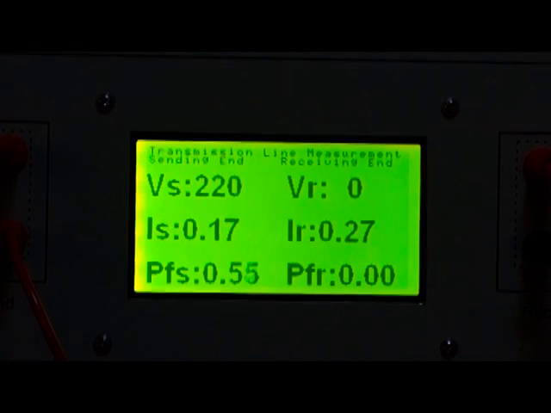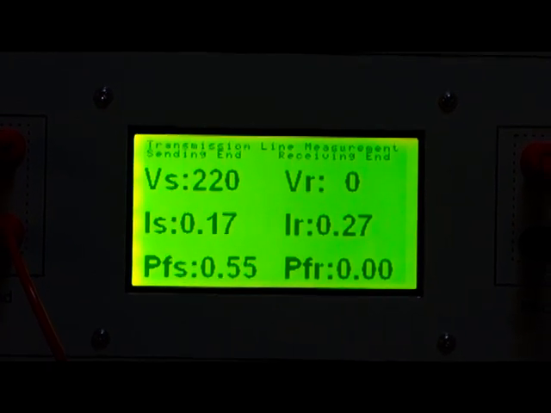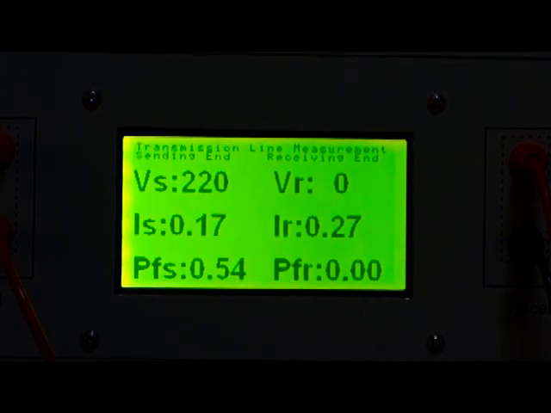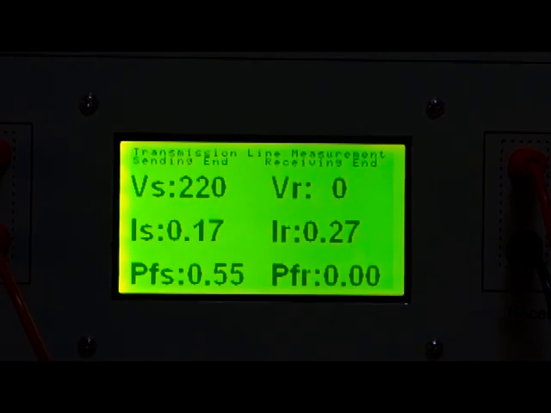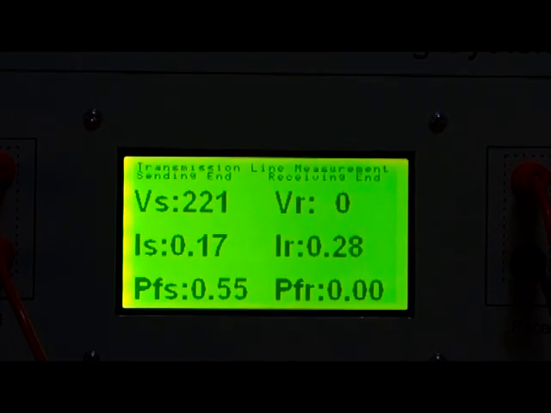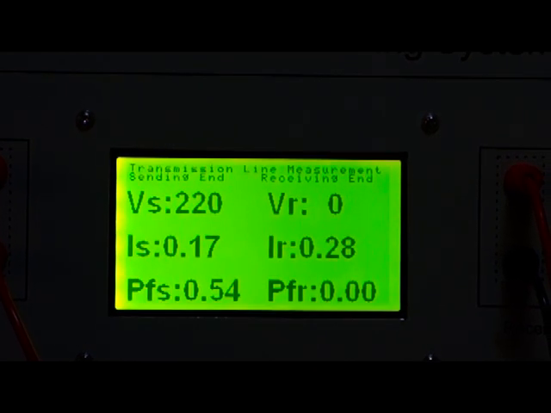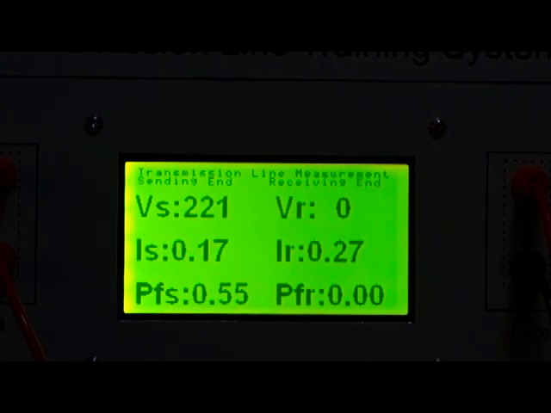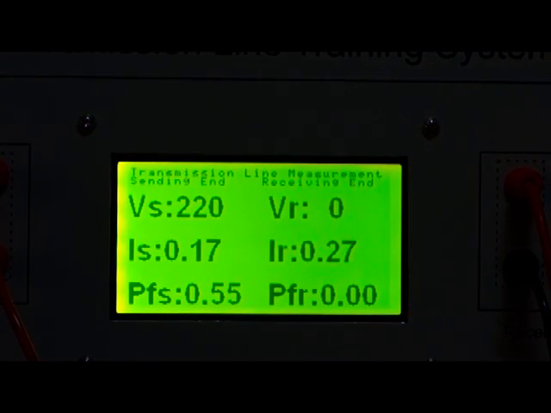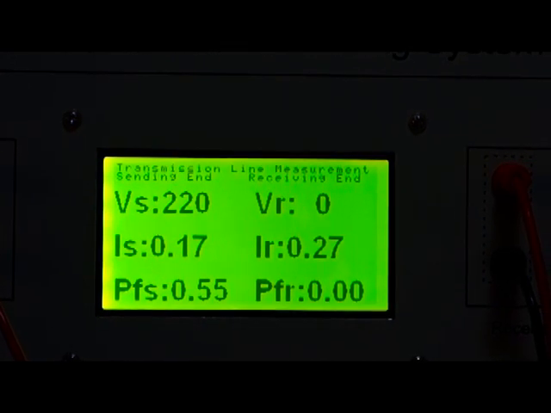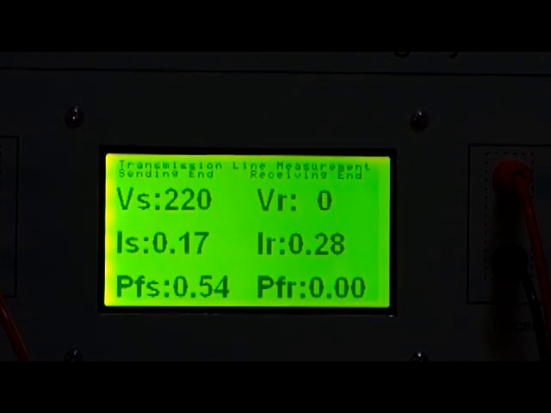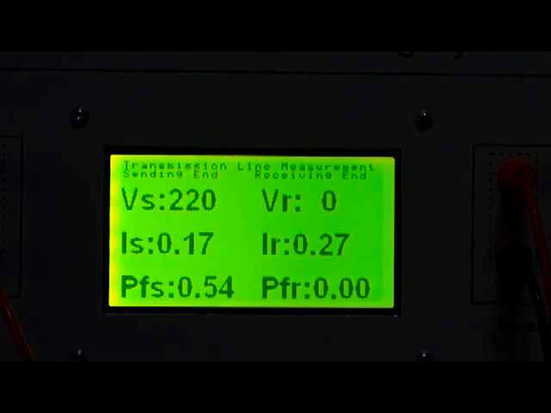In short circuit test, we will get Vs, Is, Ir values and the value of Vr is 0 because output terminal is short circuited. Write all the parameters in the observation table given in the manual. With this experiment, we can easily find the long transmission line impedance B and dimensionless coefficient D.